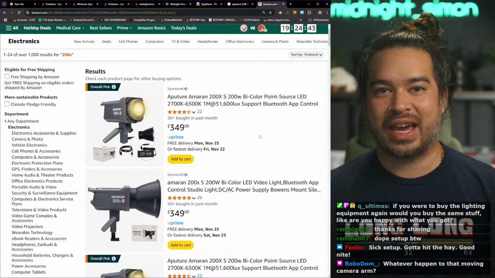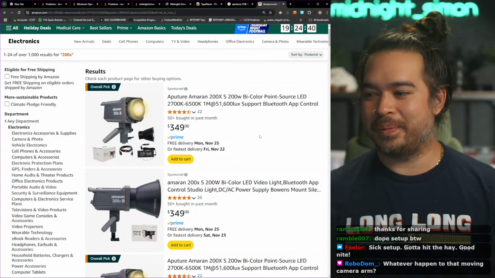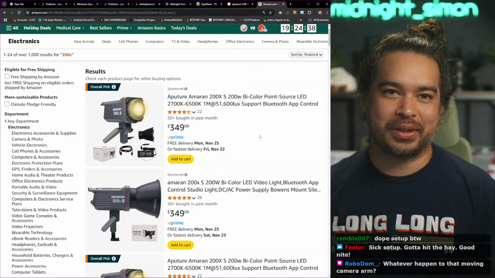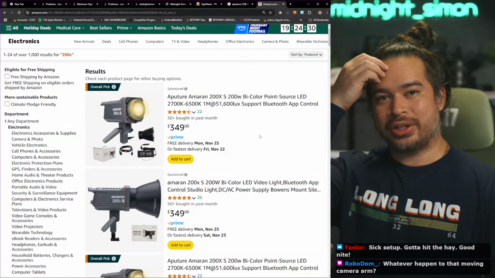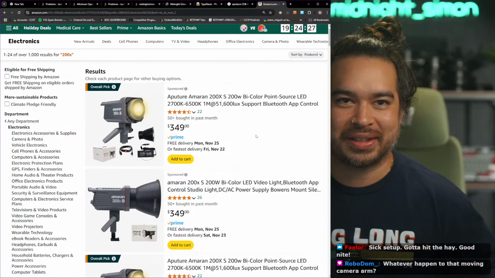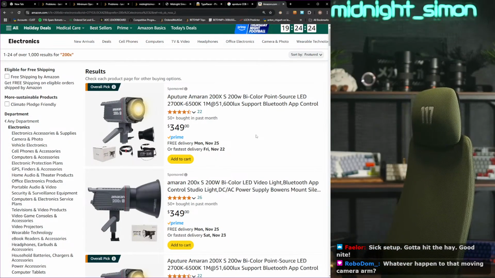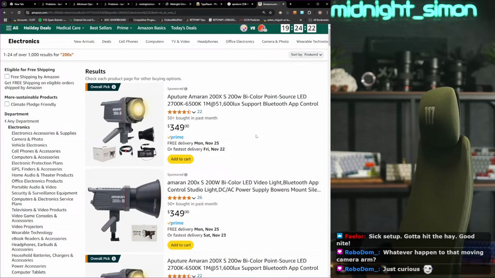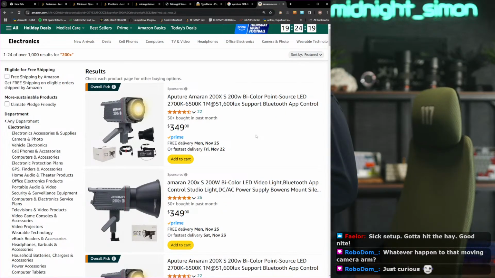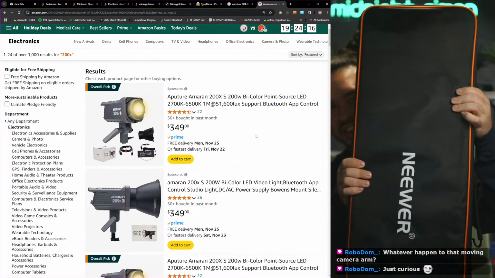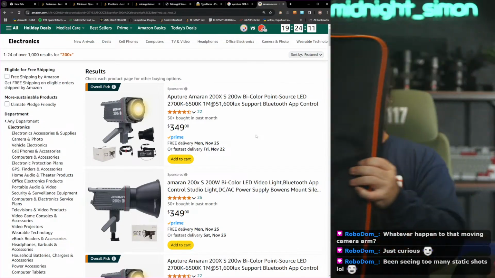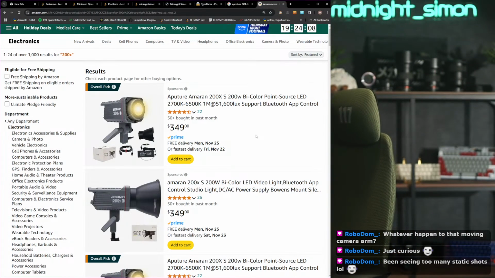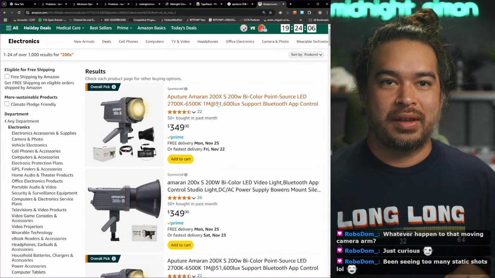Whatever happens to that moving camera arm? Robodom, I got that, but I got it over here, man. But I don't know where to put it. It's just too much space. I don't have that much space anymore, you know? I might sell it. This is it. The dang moving arm thing. It's in here. Anyways,